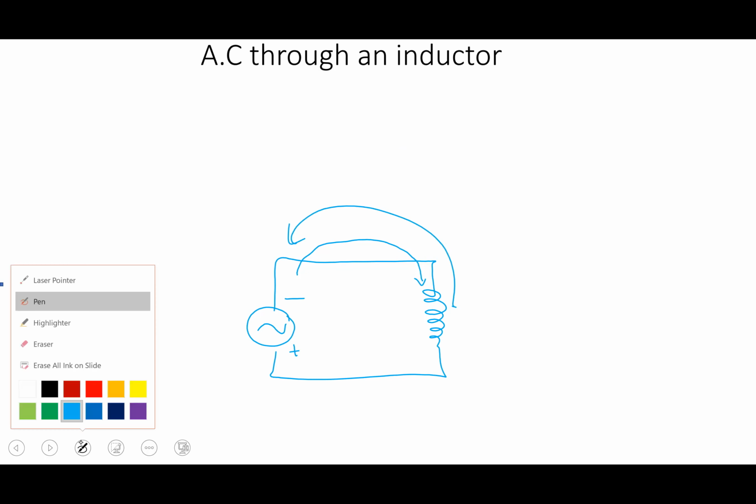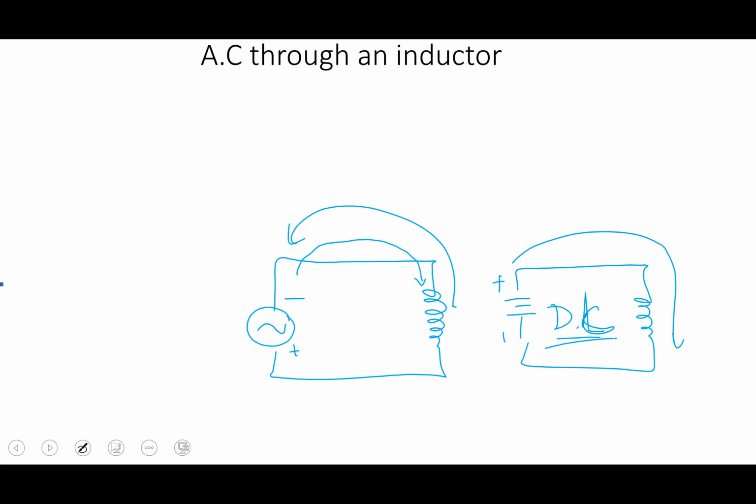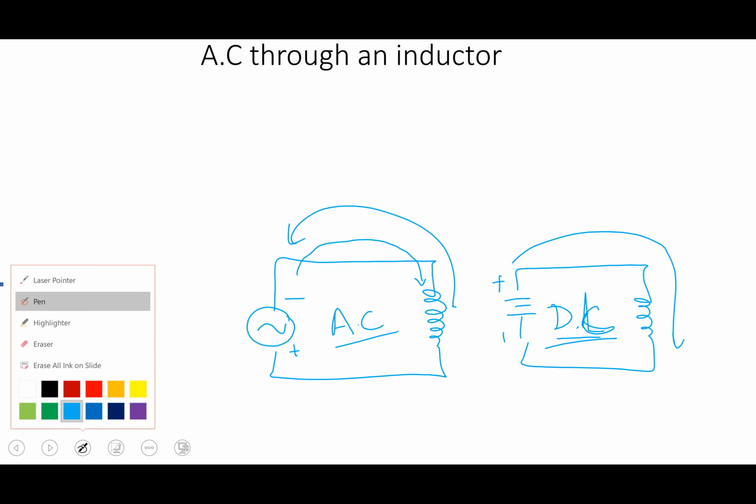Now in this case we have understood this concept, but in the case of direct current, it is very easy for the inductor, as the current flows in one direction, so it allows the current to pass through. In the case of DC, the inductor will allow the current to pass through, while in the case of AC it will apply some resistance. Now keeping that in our mind,